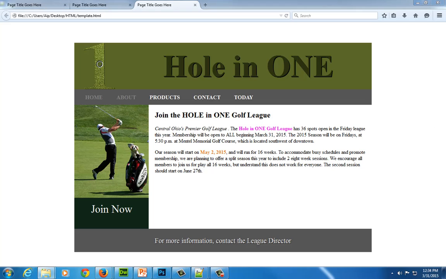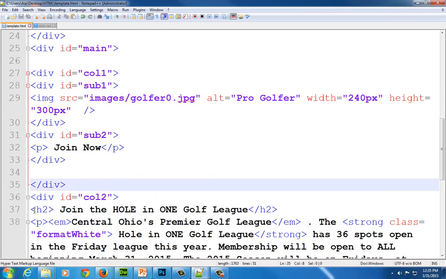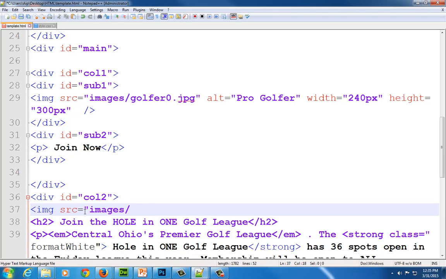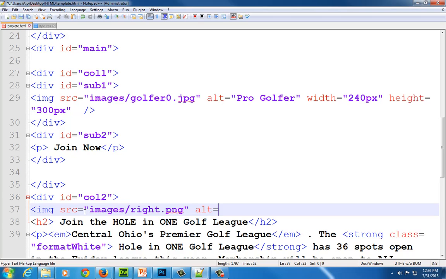But again, depending on what you're trying to do, you can do a variety of things to draw attention to those areas. So one thing you might want to do is point out, join the hole-in-one golf league. If that's the case, where are you going to place the image? Well, I'm going to put it right here before my H2 tag. And again, do the same thing. I'll type in img src equals images slash right.png, alt equals